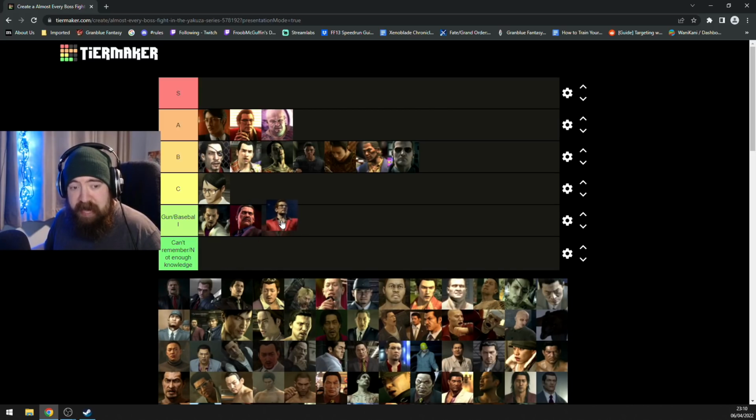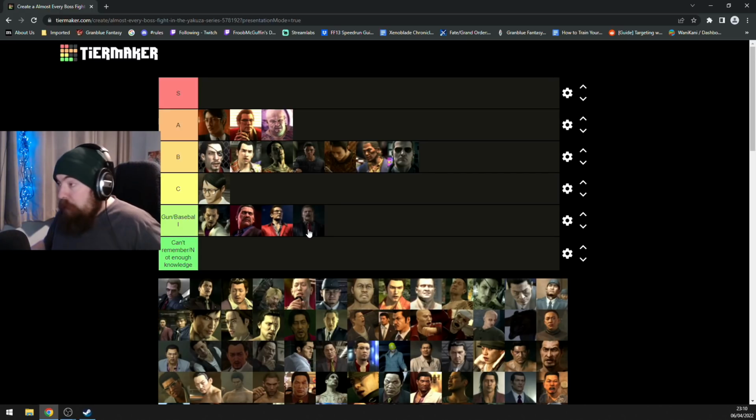Speaking of guns, satisfying guns, Tamashiro used 1 gun, that's it. Get out of my speedrun. Reconnaissance 2, that's a gun. That's all that is, a gun. You just go into the hospital room and you shoot him with 2 revolvers. But